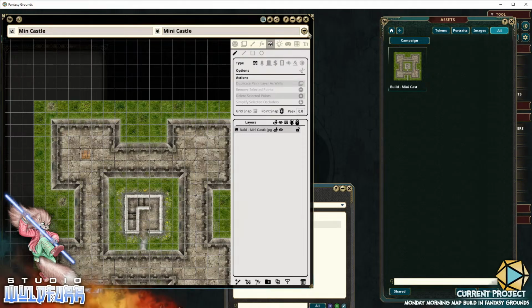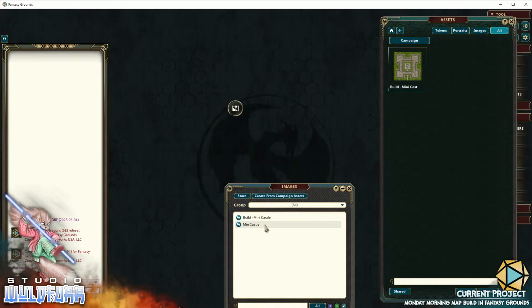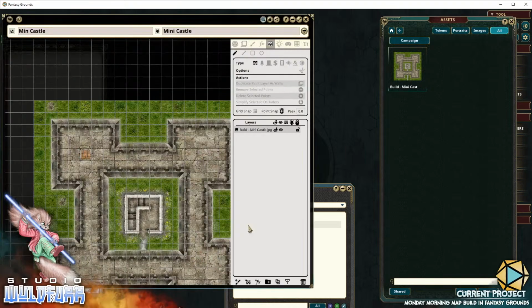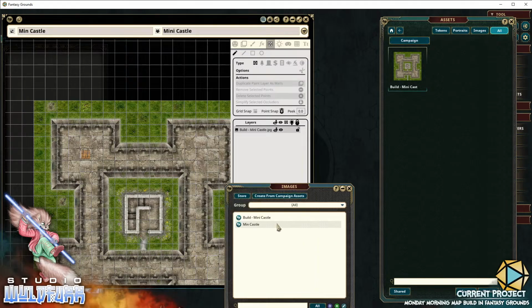At this point, well, actually I'll just go back to what I was saying. So we've got our build mini castle. Technically, if we were in our campaign, this wouldn't be in here. You wouldn't have the build mini castle in your campaign. There's no need to have it in here, because that's your raw build. This one, which is what we're going to use now, is the exported version of mini castle. This is what we're going to add all of our dynamic lighting to,